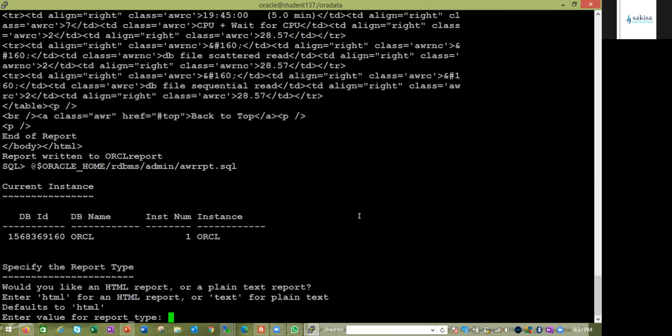So, I talked about my AWR being a repository that collects and maintains statistics for problem detection in database. They are being copied by the background process called the M1 back to the file. So when I mention AWR,